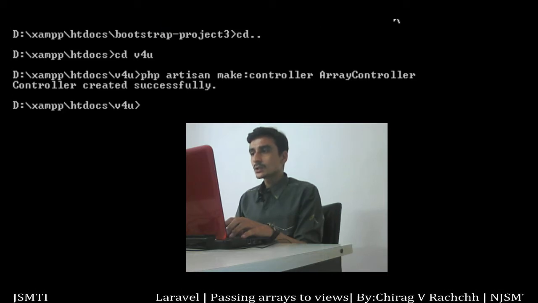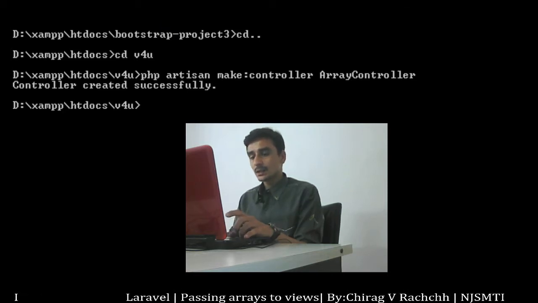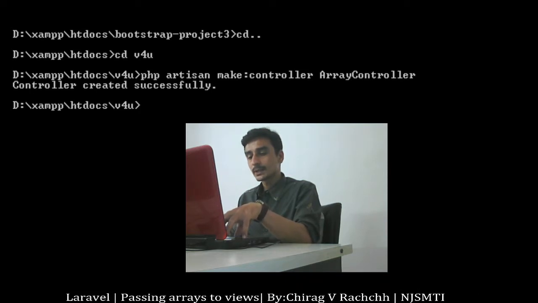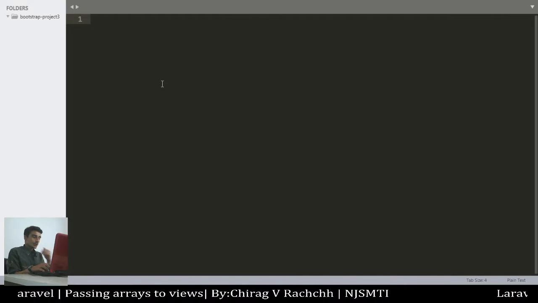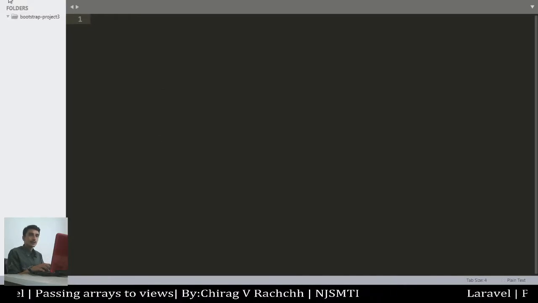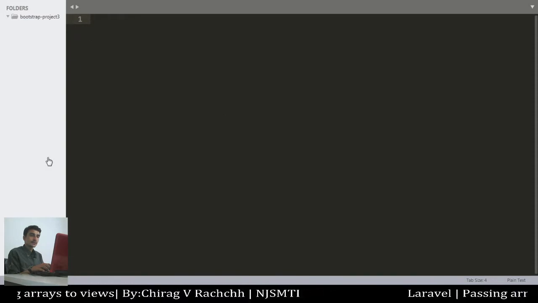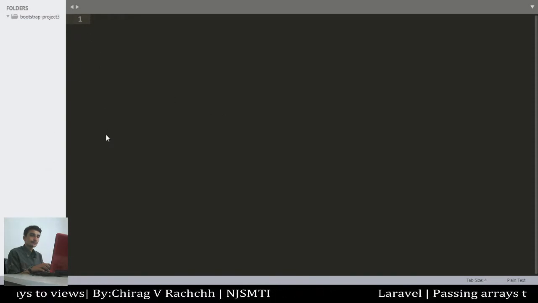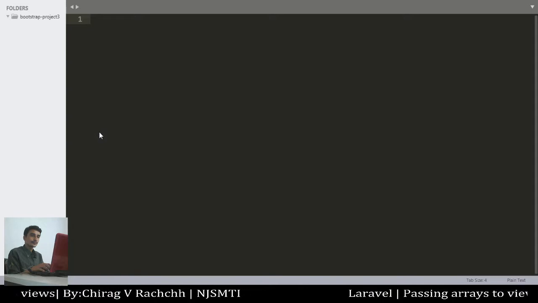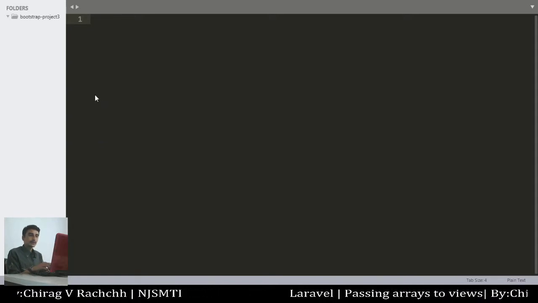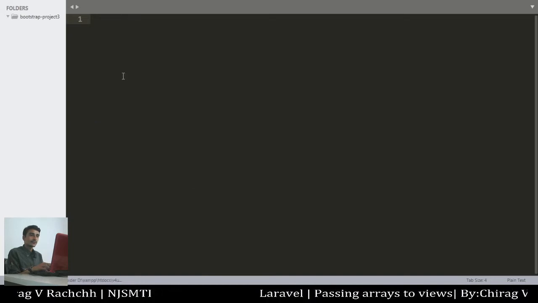So let's go back to the coding window, that is my editor, Sublime Text. Here first of all I will open the folder that is my project, that is V4U, in htdocs, and then V4U, select the folder.